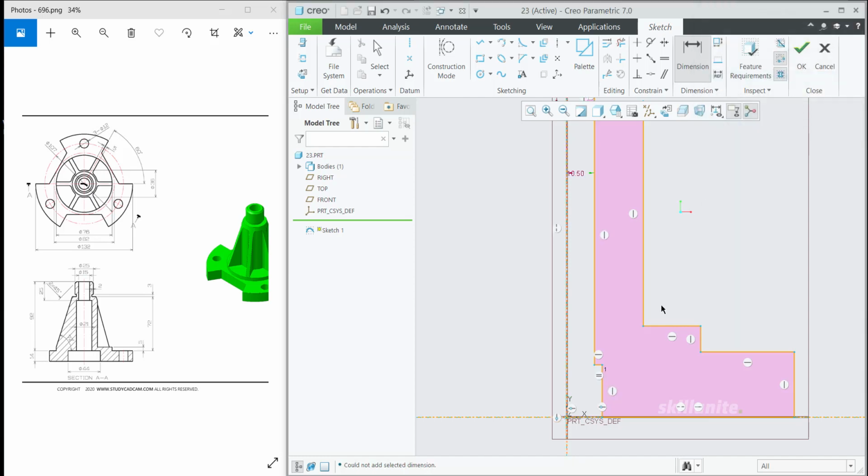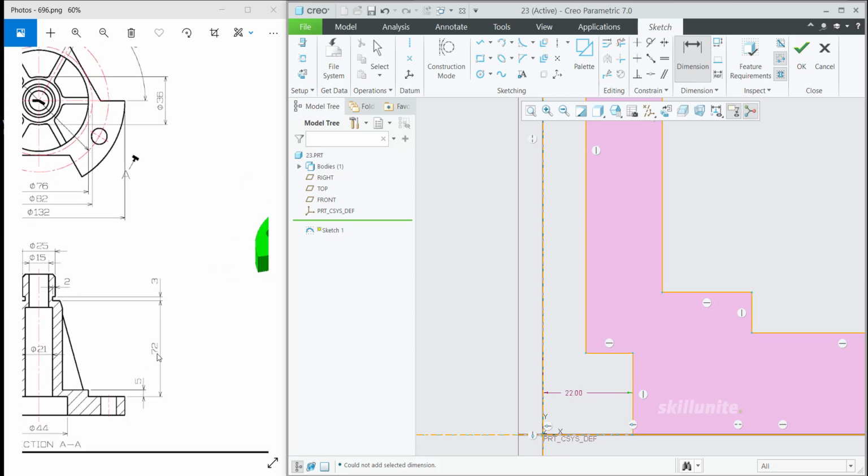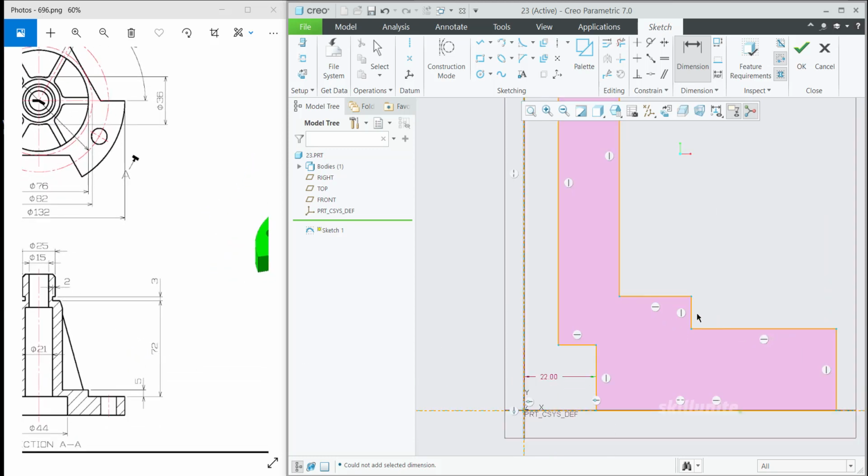So you can see over here it is taking equal relation here. So that's why it is taking that value. So just uncheck or delete it. Then give your dimension again. So now I can mention 22 over here. Then outside you can see this is 5 mm and this is 72. So give those values. So mentioning this as 5.